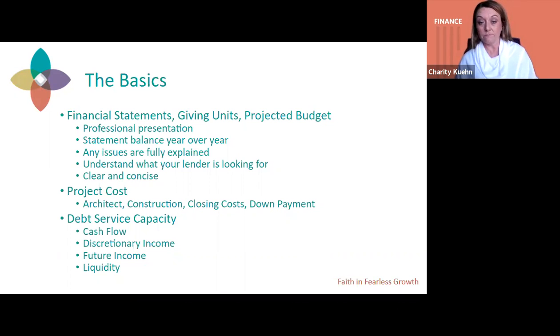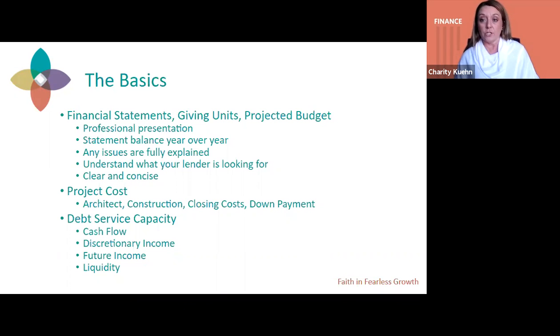And then just understanding the numbers that they're going to want to talk about. What's a giving unit? Well, you need to kind of know what that is. You need to know what your church giving units look like. You need to be able to understand the history of your giving. And then projected budgets. What's the next year going to look like? And if you've already done some of the visioning and planning with Jennifer, you have a 5-year and maybe a longer picture of where you want to be, how much you want to grow, those kind of things. So you can provide that information to the bank.